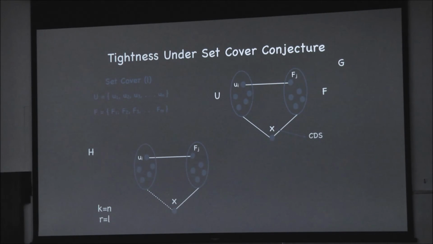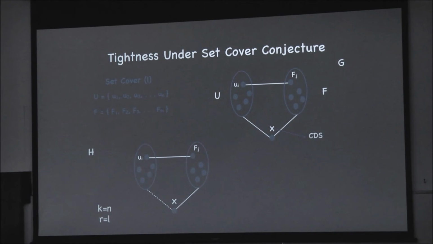Further, this dominating set is also a connected dominating set because there is a minor technicality. You can ask me that the dominating set could include vertices from U. And how do you correspond that to a set cover in the original instance? If there is a vertex U that is present in the dominating set, just pick its neighbor.